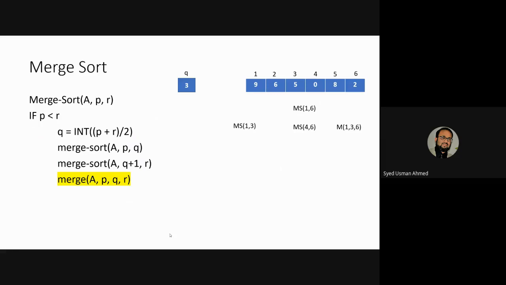Fine. Now every time I call this merge sort procedure, it will check the value of P and R, and it will again create a Q, and then it will call the children of that merge sort. Now let us create more children, because for 1 and 3 I see that P is less than R, so I will iterate this and go inside and find a new Q, that is 2. So my new MS calls will be 1 comma 2 and 3 comma 3.